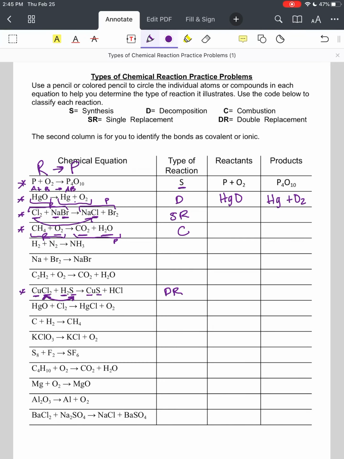So you're going to work your way through the rest of these reactions. Make sure you say what type of reaction, and make sure you also list your reactants and your